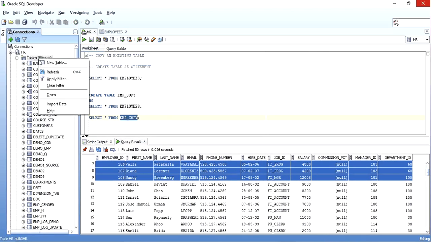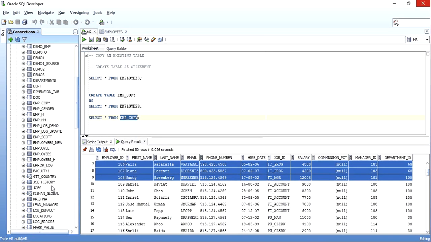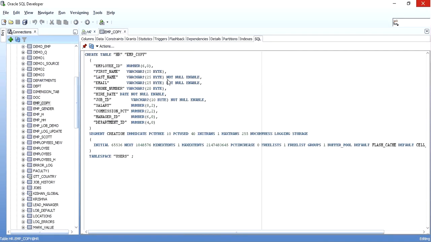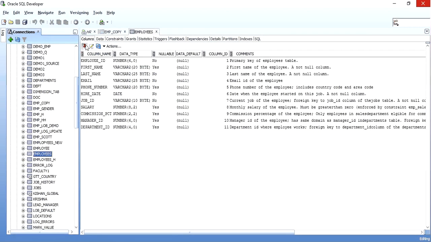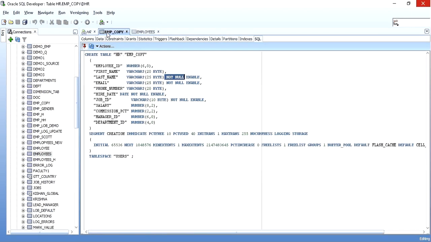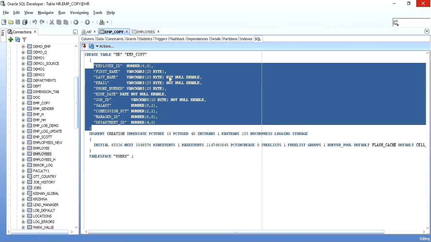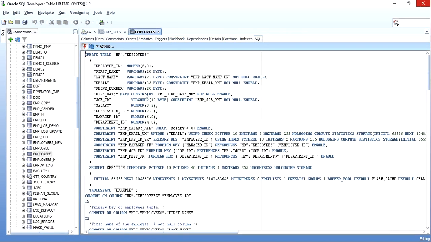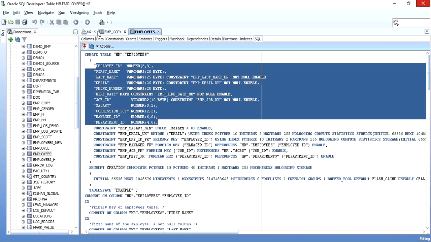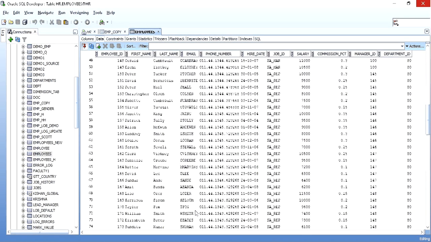What I want to show is basically that when you create a table this way, only not null constraints are copied. See, in our employees table there were lots of constraints, so those constraints do not get copied. All the data gets copied, the structure gets copied, but only with not null constraints. Your primary key, unique key, check constraints or indexes are not copied, so you can just recreate them on this newly created table. But the structure that gets copied is exactly the same and the data gets copied. As you can see, there are 107 records in this table.